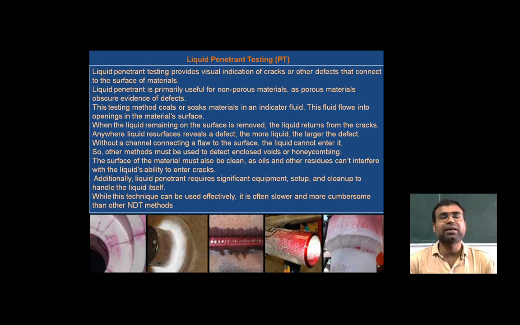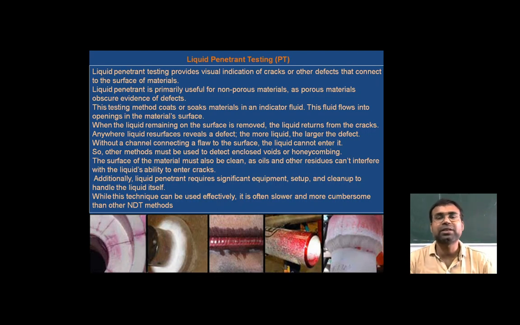This testing method coats or soaks material in an indicator fluid, and this fluid flows into openings in the material surface, the cracks which are available on the surface. When the liquid remaining on the surface is removed, the liquid returns from the crack by capillary action.